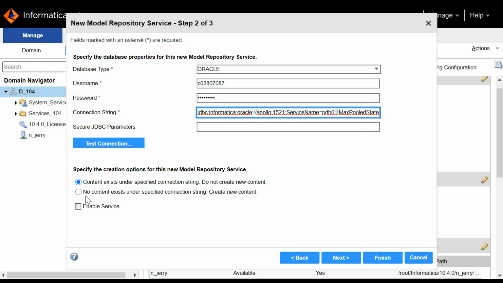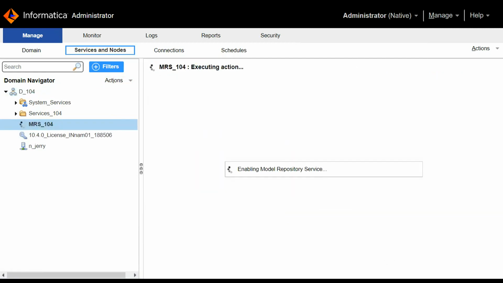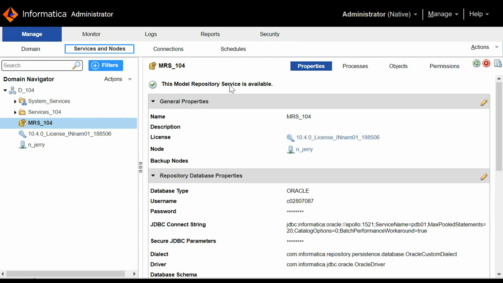Since we are creating a new MRS, I'm selecting that there's no content under it and I want to create new content. This will automatically check the enable service option also. The model repository service has been created.